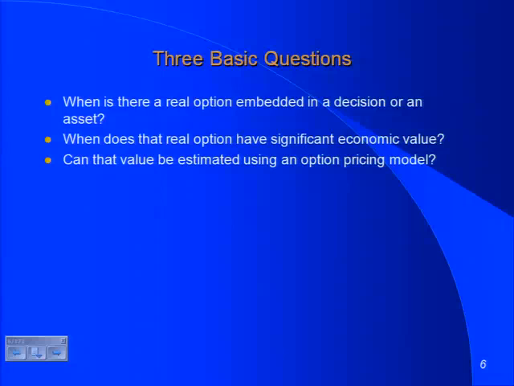Here's what I'm going to argue. There are lots of options out there. When I describe to you what an option looks like, you're going to say, there's an option, there's another one, there's another one. There are hundreds of options out there. When we ask the second question, when does an option have significant economic value, you lose about 95% of the options. And the test we're going to use there, to me, is the key step in real options. It's at that stage where you separate the fakes from the real options. So we'll talk about when there's significant economic value.